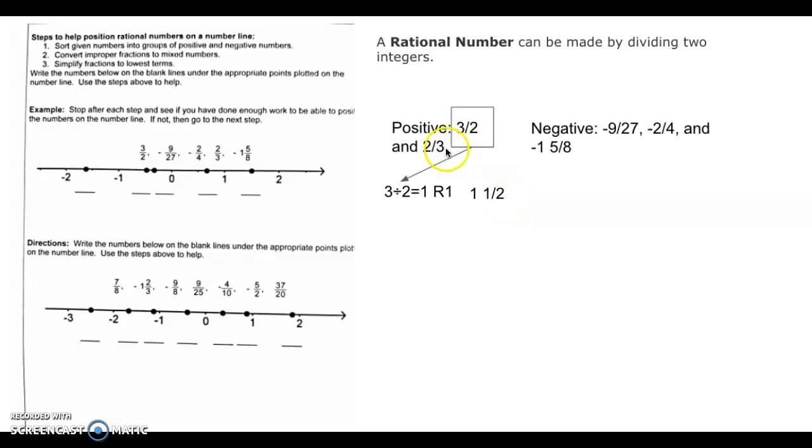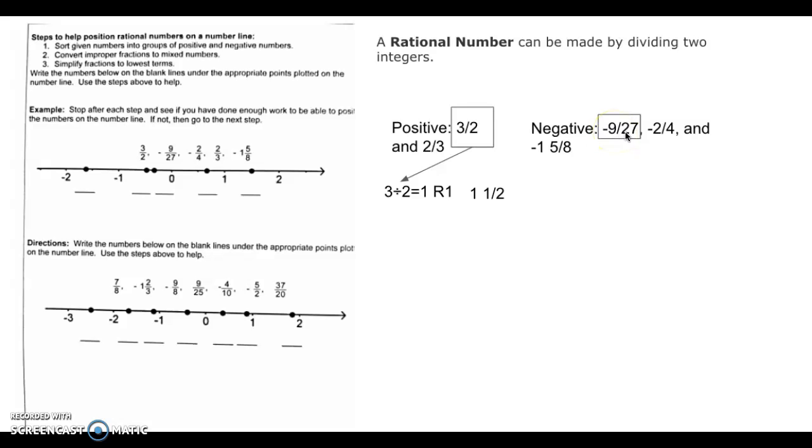Now let's see, 2/3, that's not an improper fraction, and none of these are improper fractions. So we can check off number 2. Now number 3, simplify fractions to the lowest terms. Simplifying means we need to find the largest common factor. So 1 1/2 is as simplified as it can be. 2/3 is as simplified as it can be, but